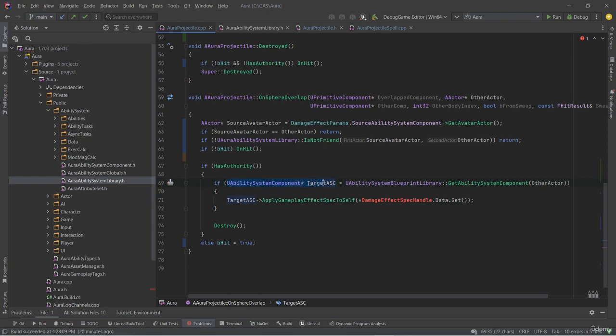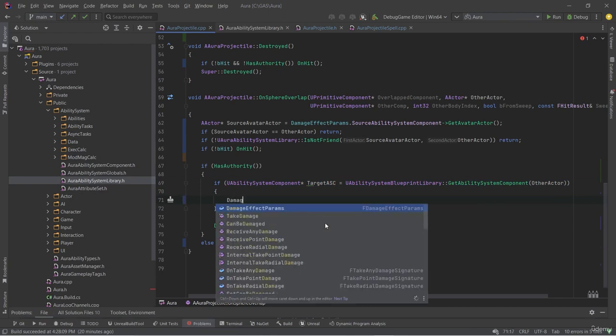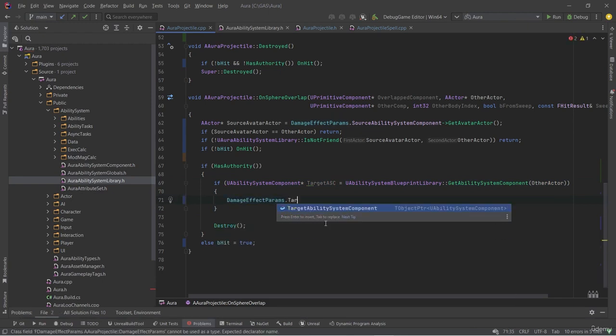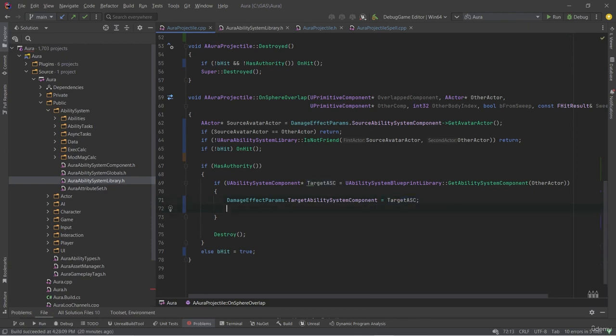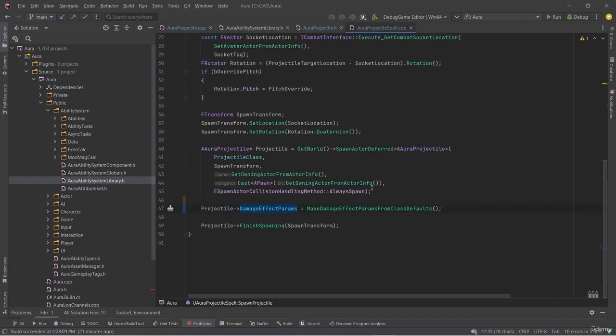We're getting it here. So this is where we can set that on our damage effect params. We can take damage effect params dot target ability system component and set it to target ASC. And in the future, if we add anything else in effect params that needs to be set here, we'll set it here. But for now, that's all we care about. That's the only thing that wasn't set because when we made this damage effect params and set it to the projectile, here in aura projectile spell, we made it passing in nothing, which means that that target actor has a